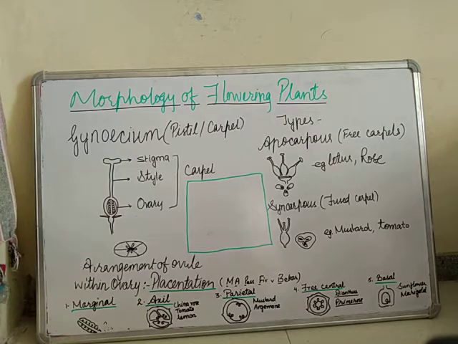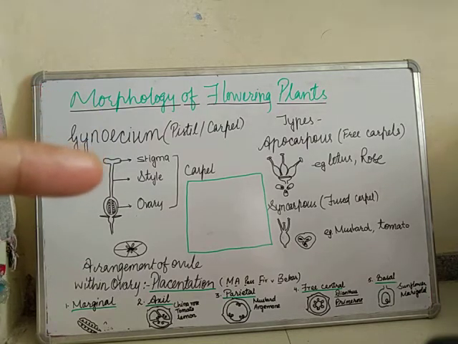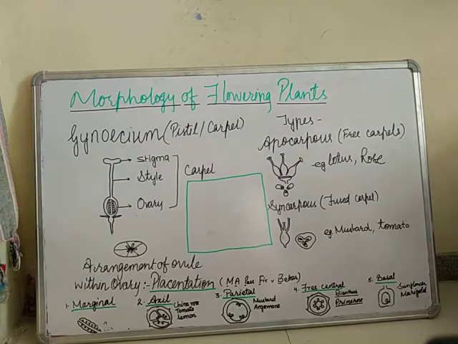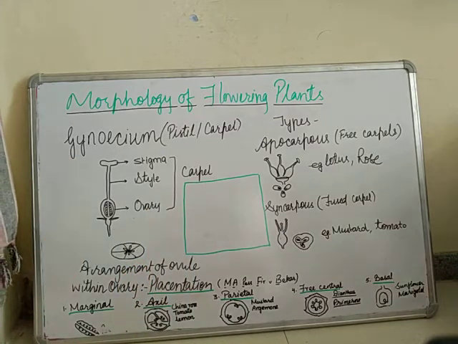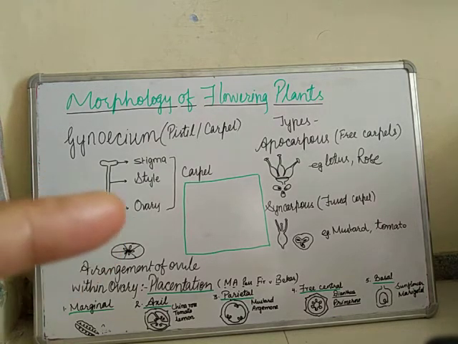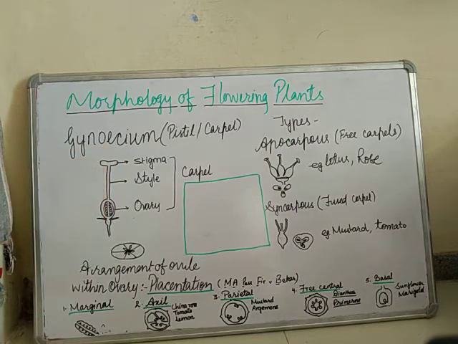One is the stigma on the top, then the style, then the ovary. These are the three parts that make the carpel. The ovary is the enlarged basal part. Now you can see the ovary, it is enlarged, and it bears an elongated tube, that is the style. You can see the tube-like structure, that is the style.